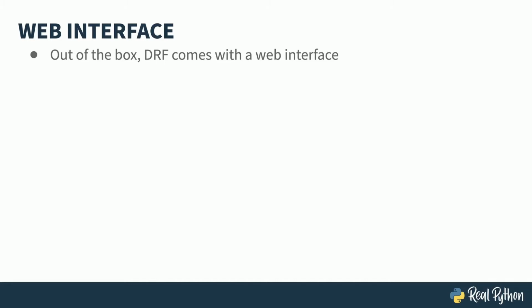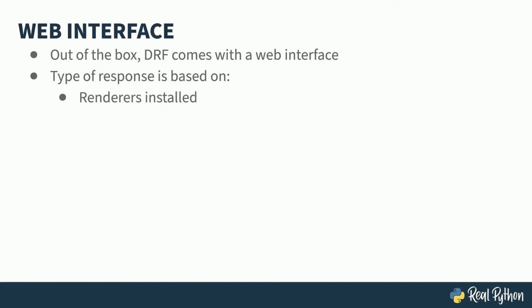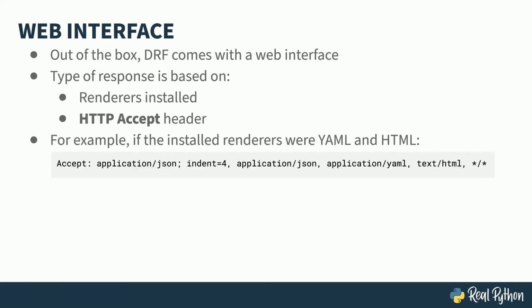Well, there's two answers to that question. First, what renderers are installed? And second, what HTTP accept headers are sent? For example, if you had a YAML and an HTML renderer installed, and your program sent the following accept header, accepting JSON, indented JSON, YAML, HTML, and everything else, then YAML would be used because it's the first renderer that